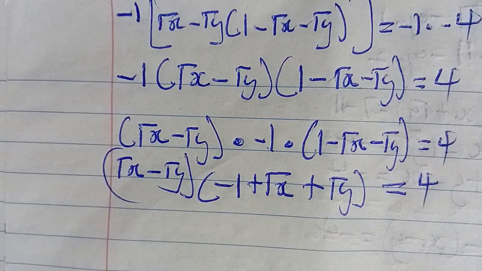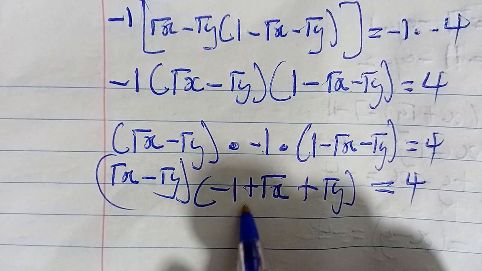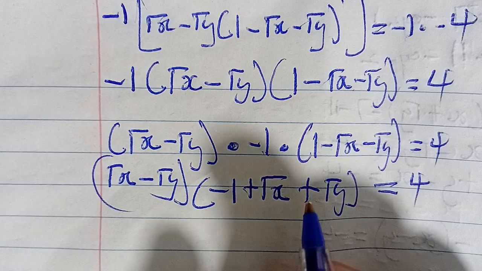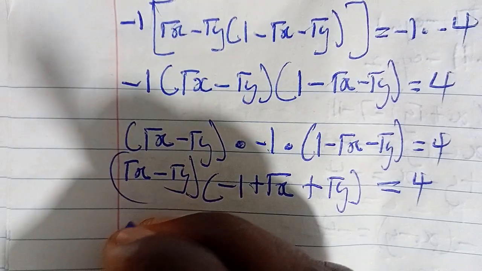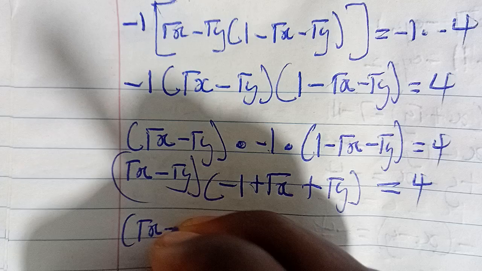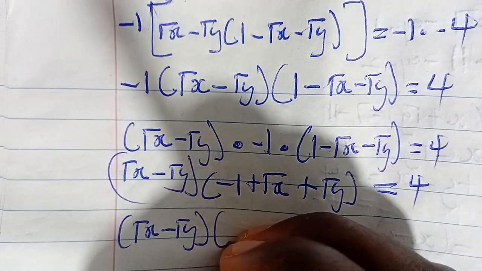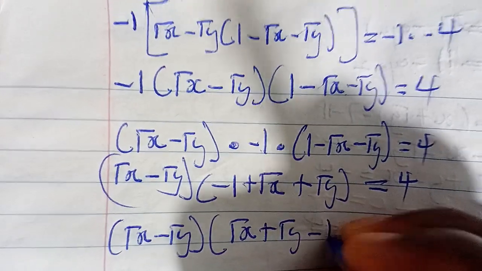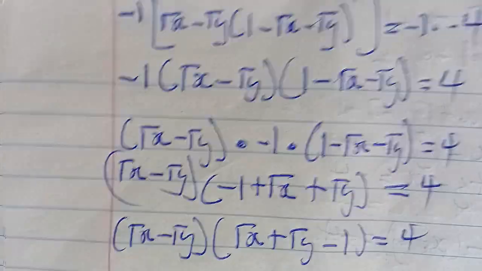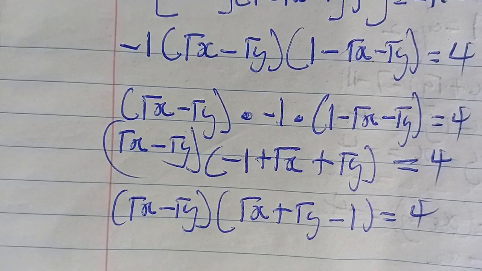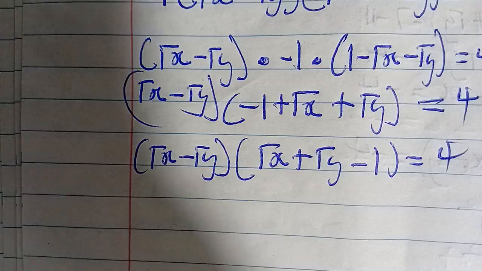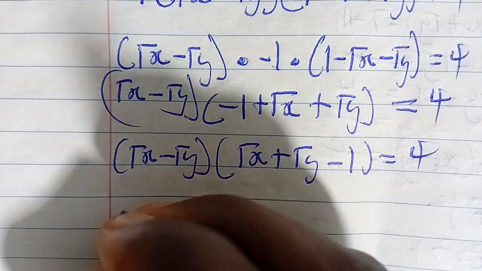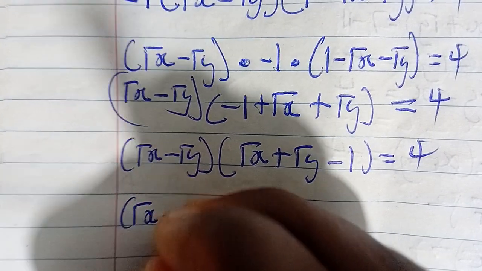All right. Now, let's rewrite this in terms of this expression here as well. So you're going to have root x minus root y, and then root x plus root y minus 1 is equal to 4. Do you get me? All right, so let's continue. Okay, so we're going to have root x minus root y